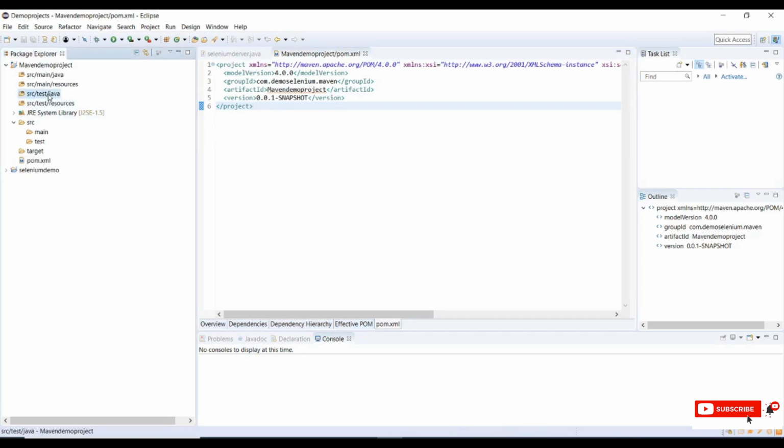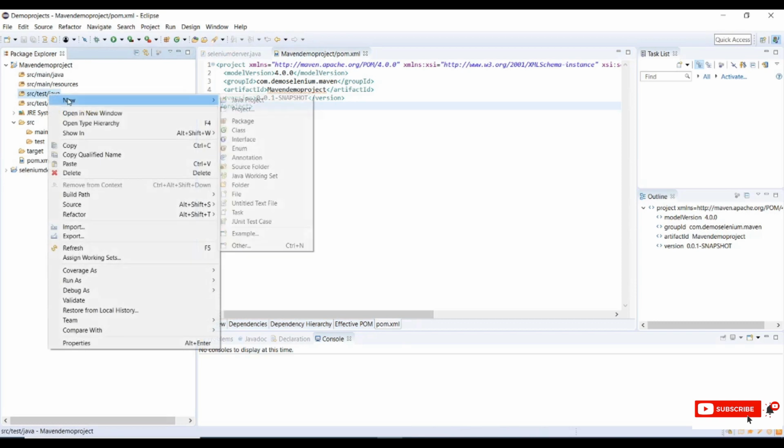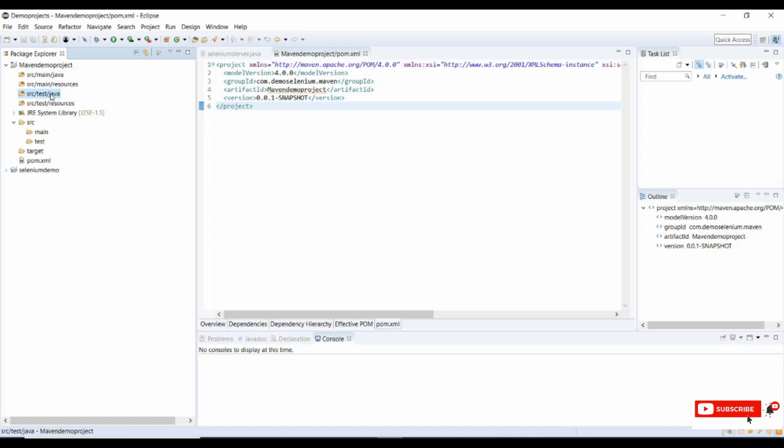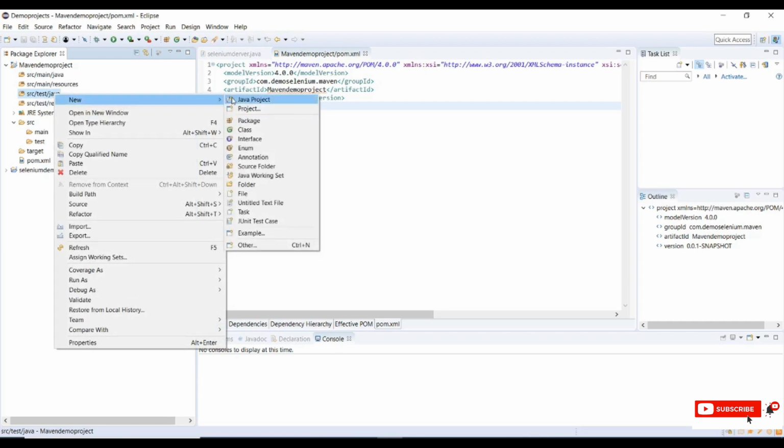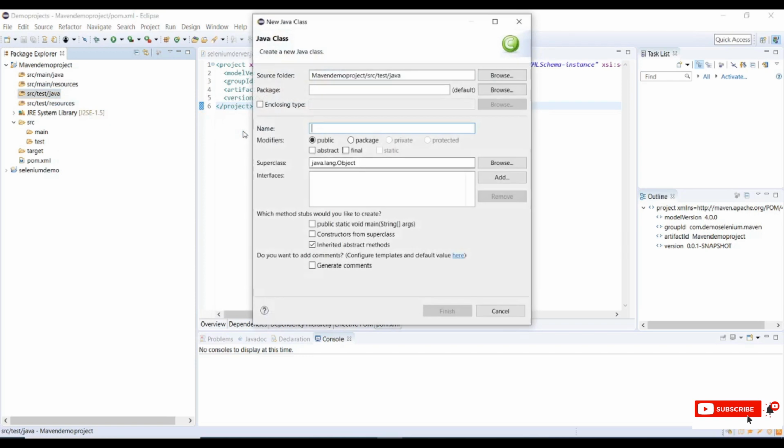Let me write the sample code. I right click on src/test/java, go to New, then Class, and I'm giving the class name as Maven demo and package name as demo project.